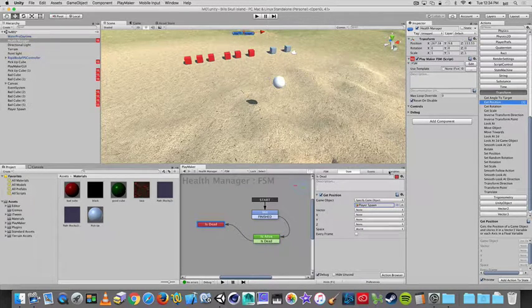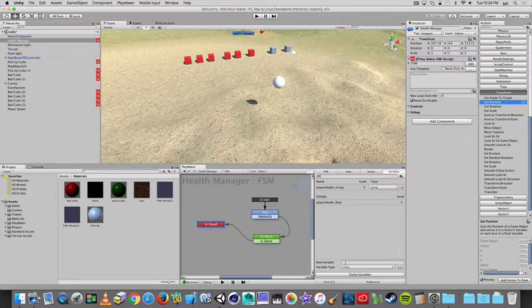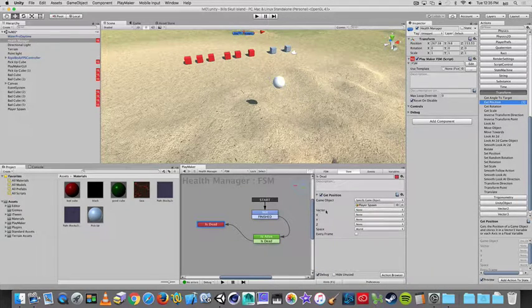Really what we're doing behind the scenes is we're going to the variables tab. We're creating a new variable. I'll call this spawn position. And then we're going to create a vector3, and I'll hit add. That's what we're doing behind the scenes. But Playmaker makes it easy for us to go to vector, click on this drop-down menu, and make a new